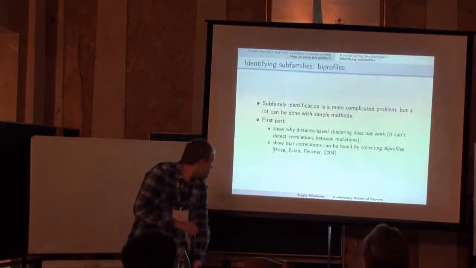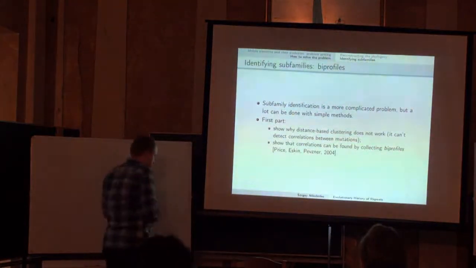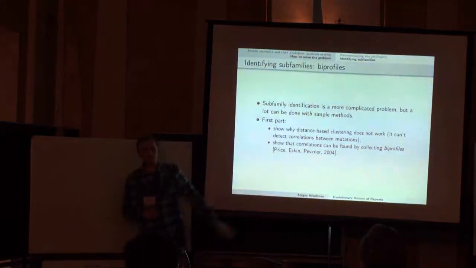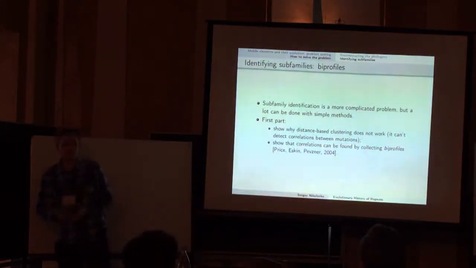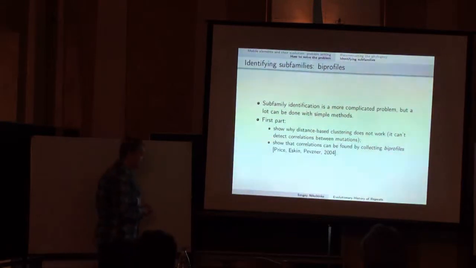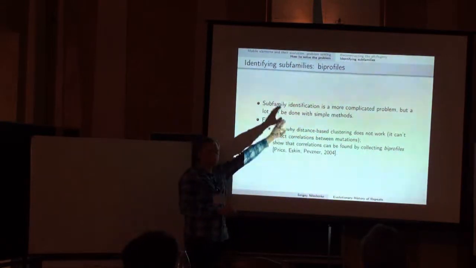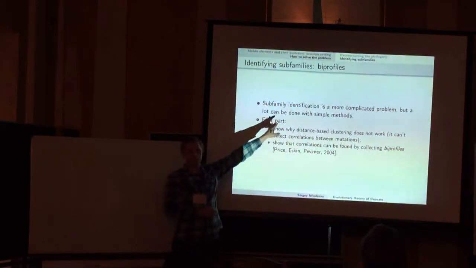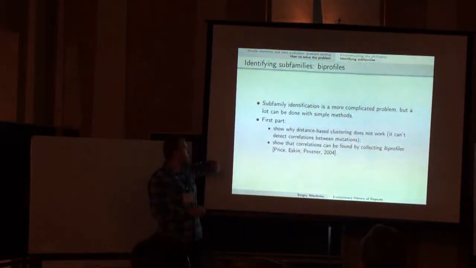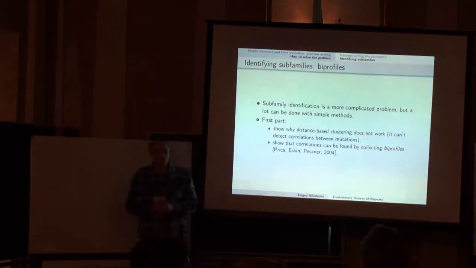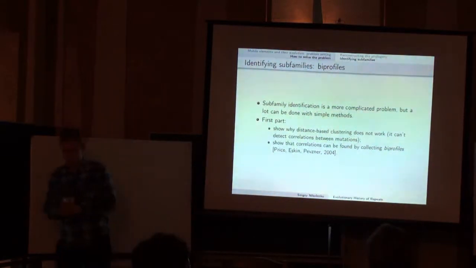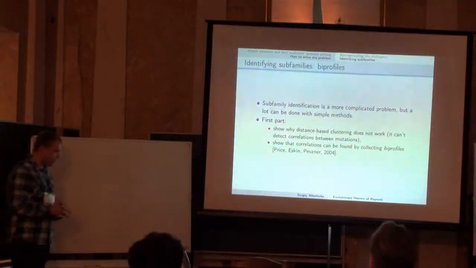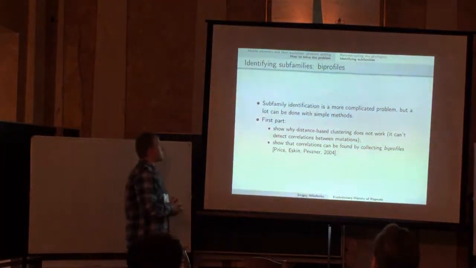This is my third point. And now we move on to the more complicated part, which is, of course, subfamily identification, that is, clustering. And here again, even though it is a more complicated problem indeed, lots can be done with relatively simple methods, right? But first, I would begin with a demonstration that if you blindly apply a clustering approach that looks natural,